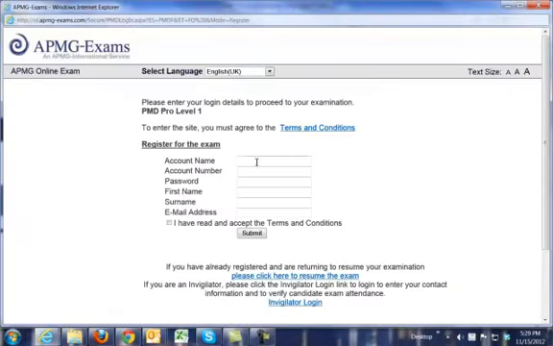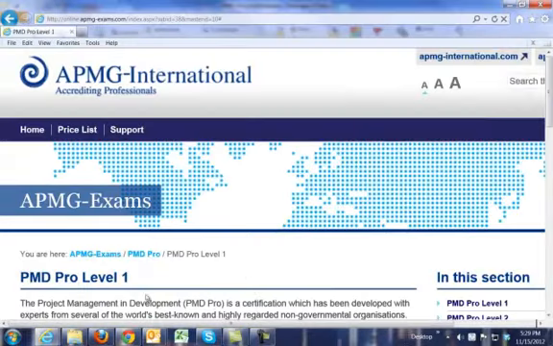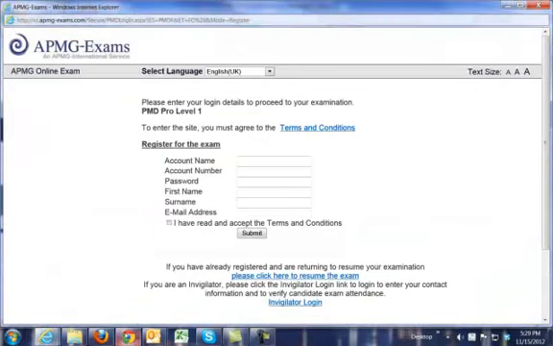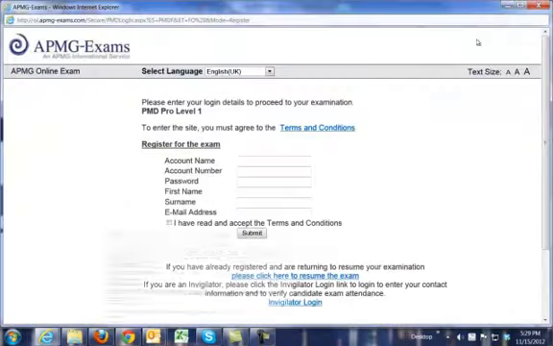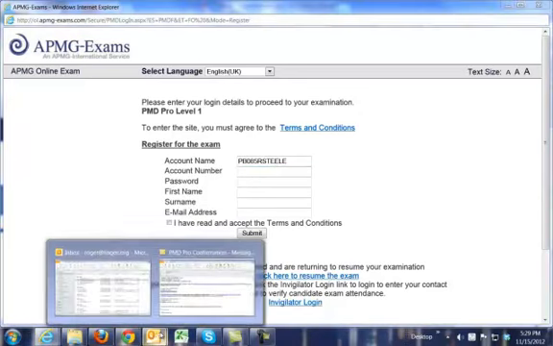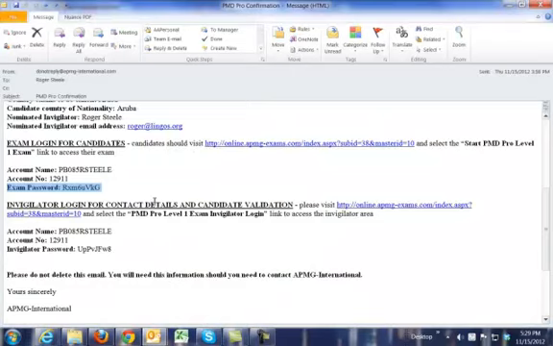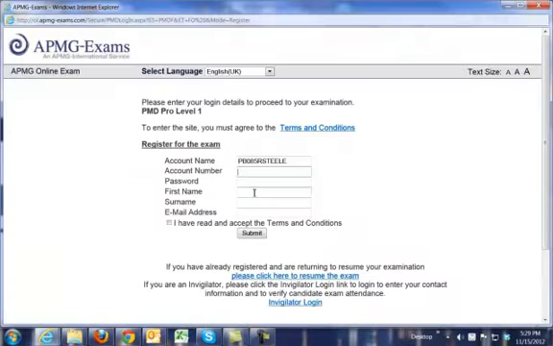The registration screen will then ask you for the account name. We're going to go back to the email in order to find the account name. Let me do that now. Open up the email that I had. You'll see this is the account name, PB085RSTEELE. So I'm going to put that in here, PB085RSTEELE. And then the account number, let's go back to that again. The account number is 12911. Let's put that in there,